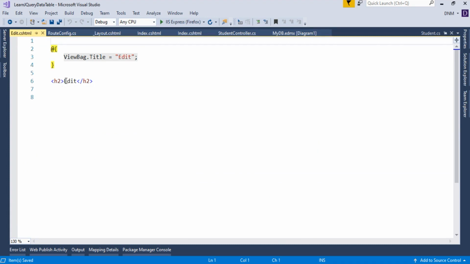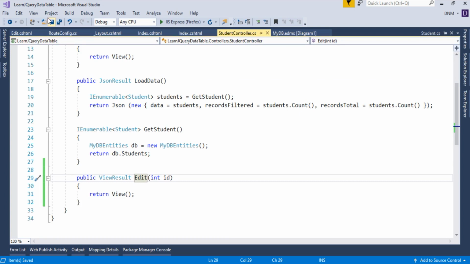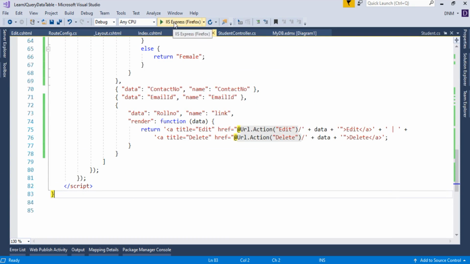So this view gets added, and let us put a caption here, say Student Edit. No more other things will appear here. And then here I'll put a breakpoint. Let us execute it again.